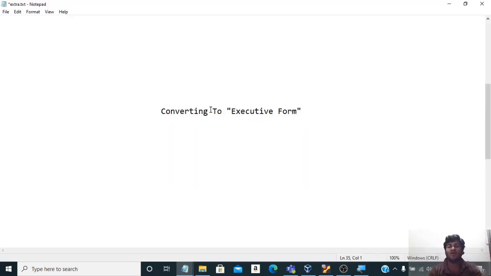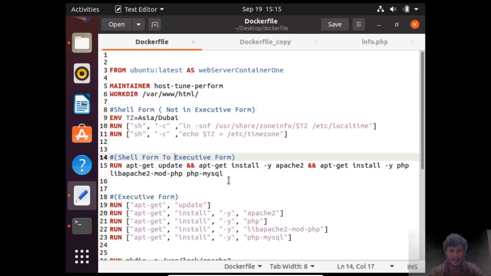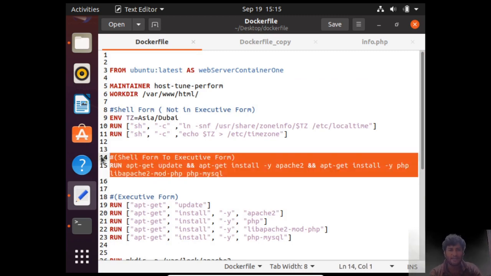So guys, let us now quickly convert our script to exec form from shell form wherever it is possible. To do that, let me go back to my Linux host on which we have installed Docker, and this is my Dockerfile. This is the statement which was installing Apache and PHP both for me.